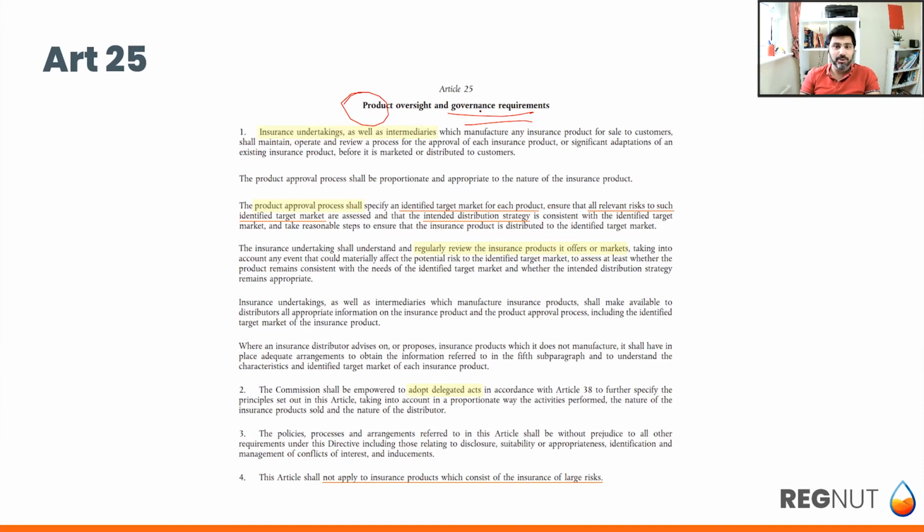So every 12 months, you should be looking at what the loss ratios are. Are we selling it to the right people? Are they getting value out of it? And so on. And the directive, for a very high-level principle-based document, actually goes into somewhat of a detail around requirements of identifying the target market. And the one that I enjoy the most was the fact that you have to assess relevant risk to such identified target markets. So you have to constantly look at the world from the perspective of your customers